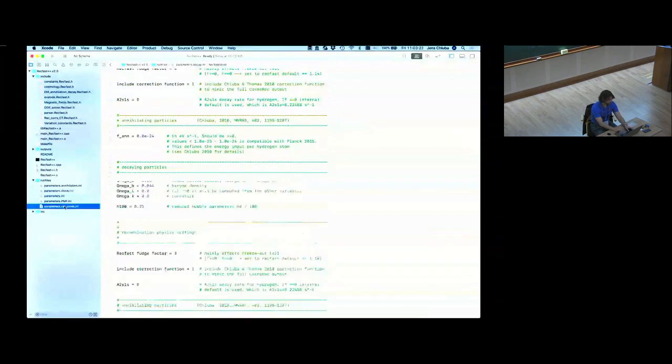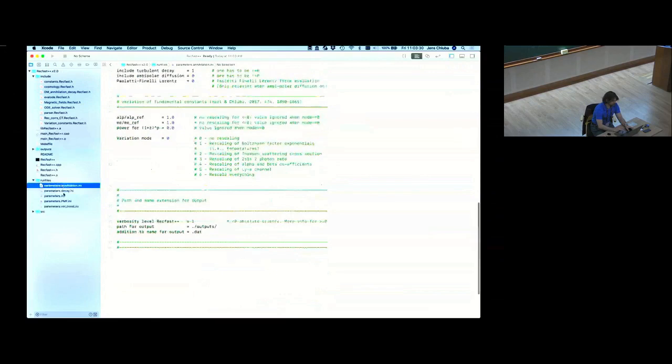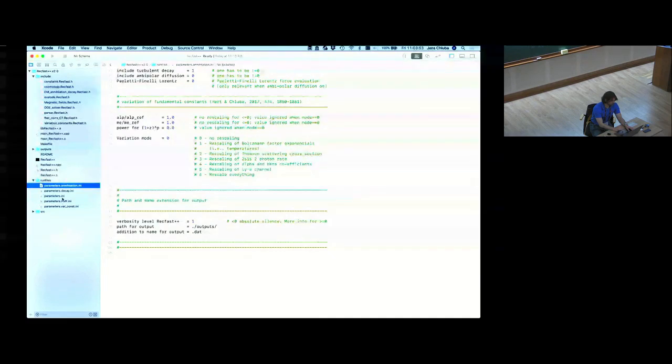Is there anything else I want to really quickly show? Maybe just a variation of fundamental constants. Again, you guys have heard about the EDGES result, right? And one of the things that, of course, immediately comes to mind is that you have extra cooling of the matter. And so when I heard about this, actually a couple of days before the result came out officially, one of the things that I just did is I said, well, let me change